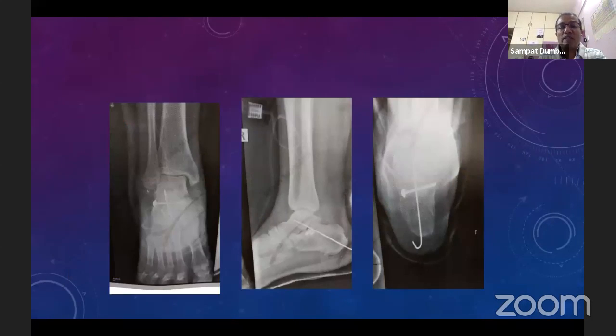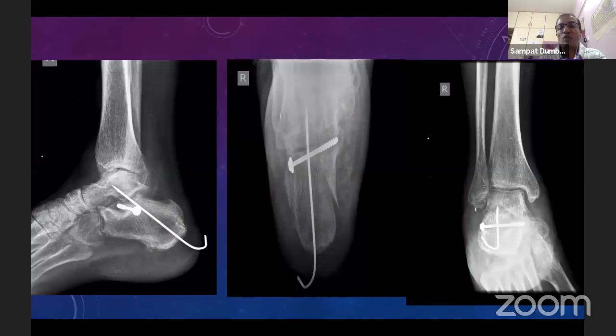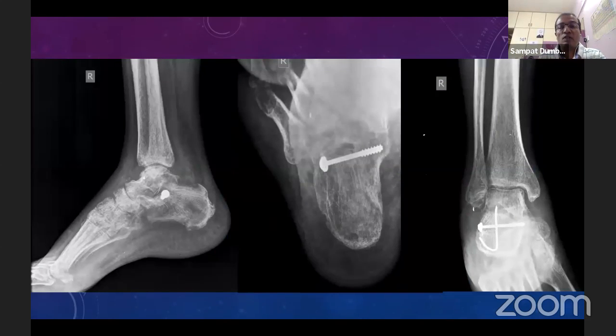This is a follow-up X-ray. And look at the final healing. We withdrew that K-wire after 6 weeks, and this one is the final healing. Now, in a 65-year-old gentleman, if we go for the lateral extensile approach, I am worried about the healing. No doubt you can do a good job anatomically, but an equally good job can be done through the sinus tarsi approach, and these results can be comparable because see this axial alignment, see the length, see this intra-articular step,